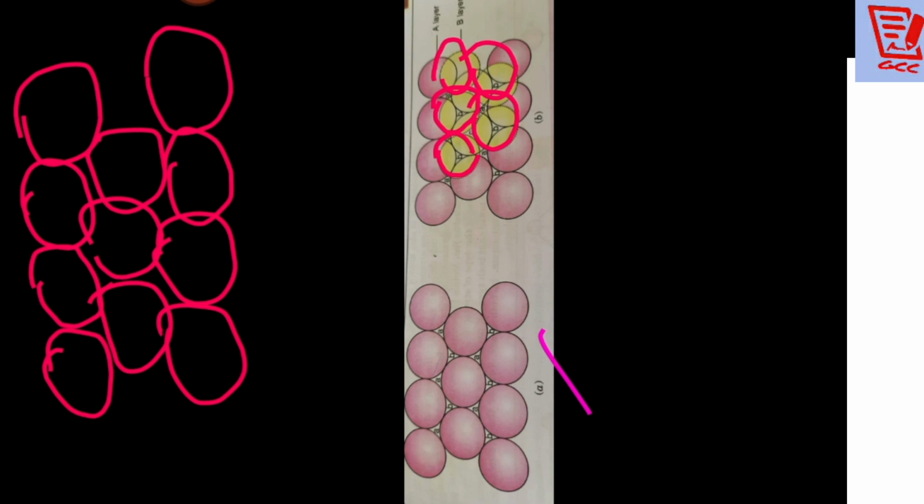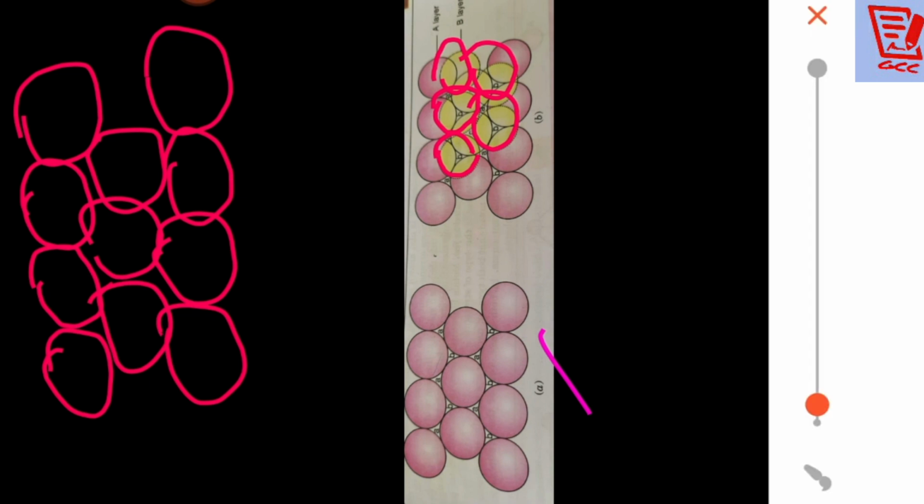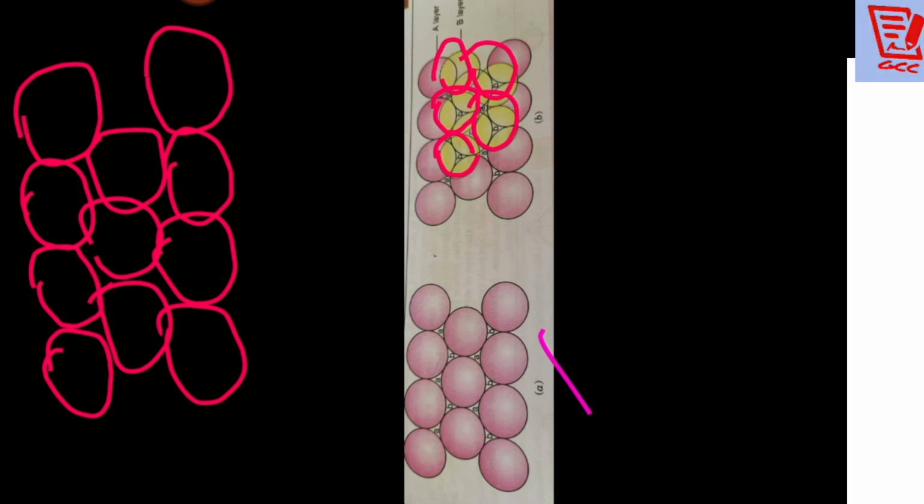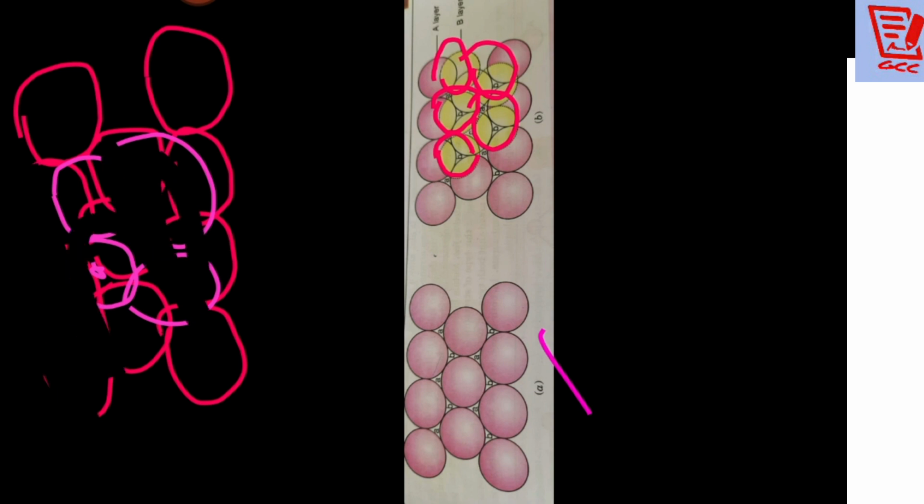Now look carefully at what I did. As I already told you, we are putting the sphere only and only in the downside voids. We have placed it in the downside void. This void is downside, the sphere came here. This void is downside, the sphere came here. The sphere came here, and here like this. And this is that arrangement only. The arrangement I have given to you in the picture is that arrangement only.